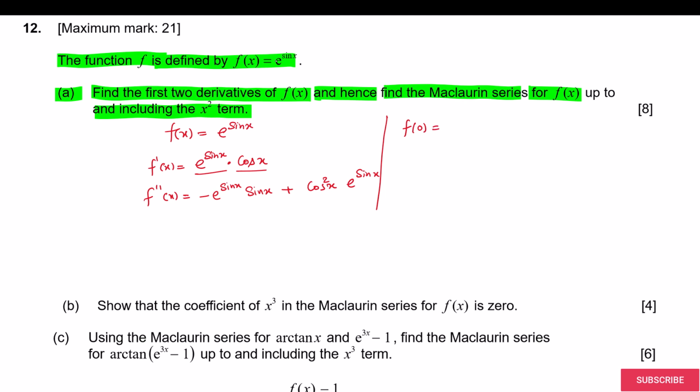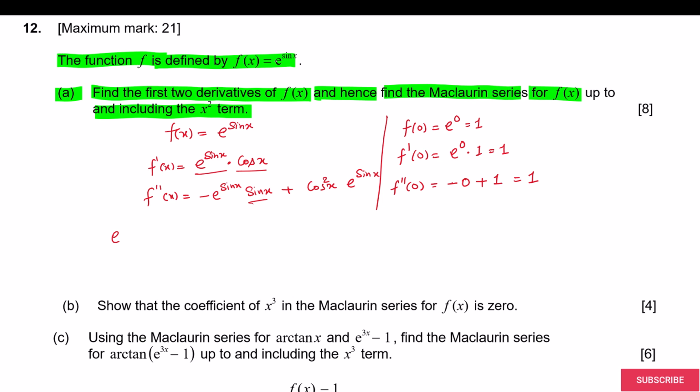So from here we get e to the power 0, which is 1, and f prime of 0, we have e to the power 0 into cosine of 0 is 1, so again 1, and f double prime of 0 is going to be negative, first term has the sine, so sine of 0 is 0, so this becomes just 0, and the second term is cosine squared x, which is just 1, so e to the power 0 is again 1, so finally we got this thing as 1,